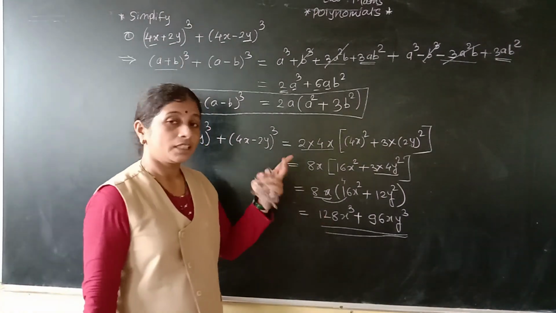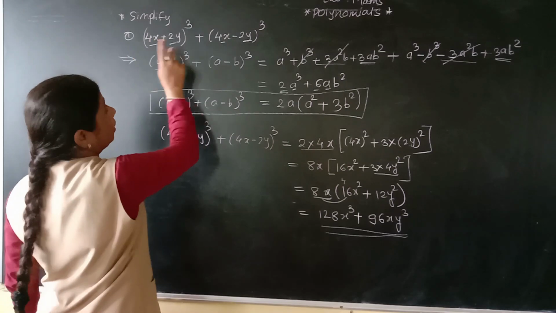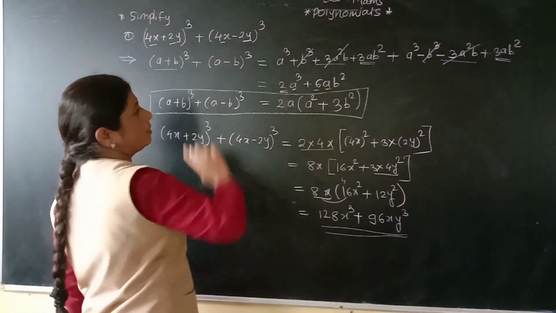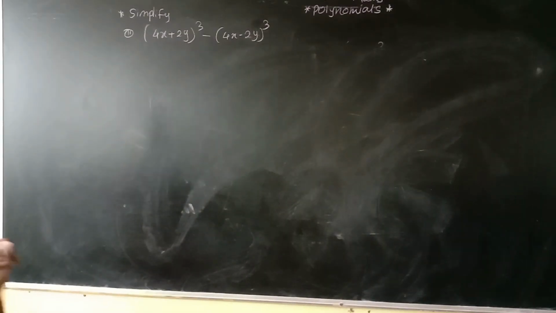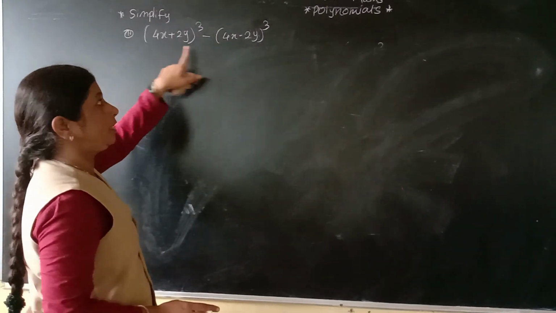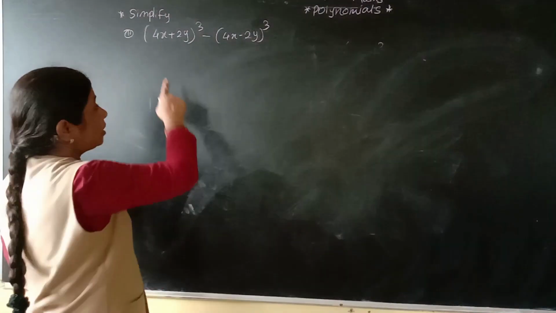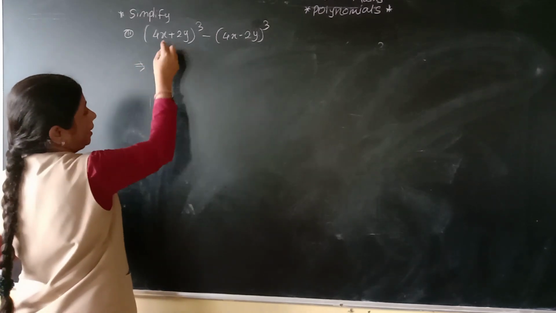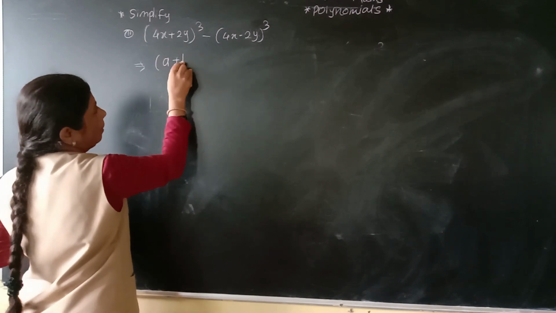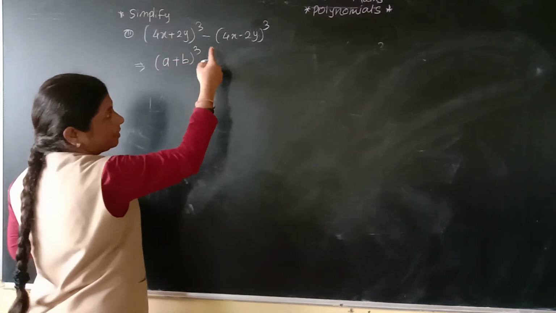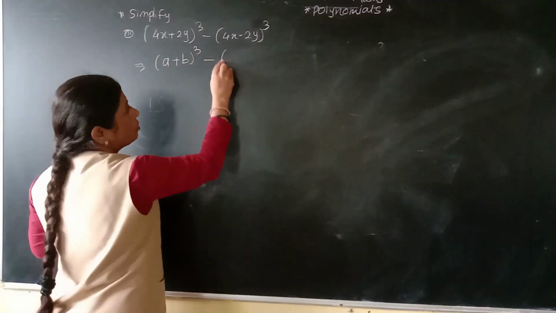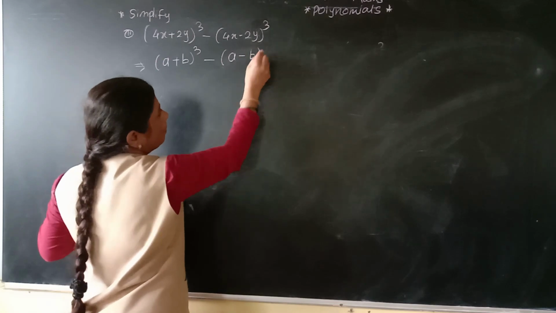Okay, now we will see the next example by using the minus sign. Okay, so (a + b)^3 - (a - b)^3. Next, with the same example we will find the difference between the two cubes. So here now we will use the same identities. Instead of this you will write (a + b)^3. Now subtraction is there, but before, only the positive sign was there, right? So here (a - b)^3.